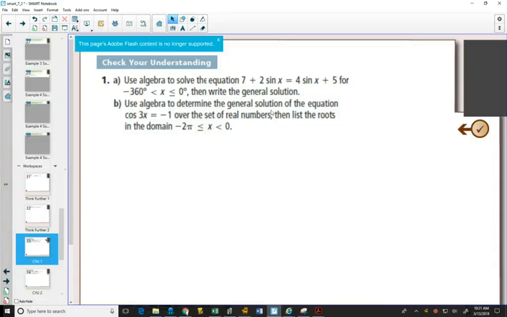All right, so this is not the section I wanted, 7.3. So we'll